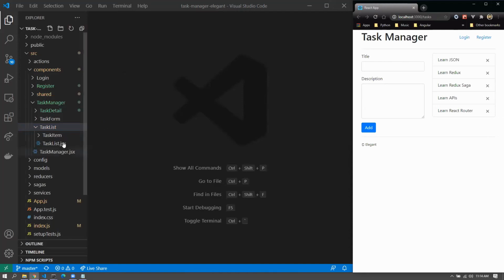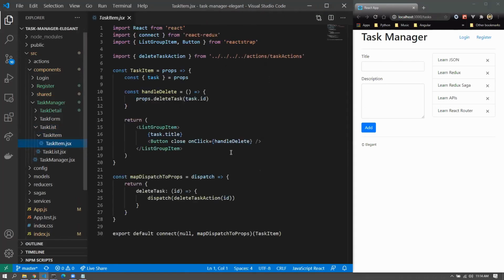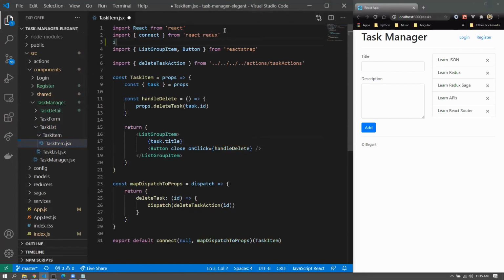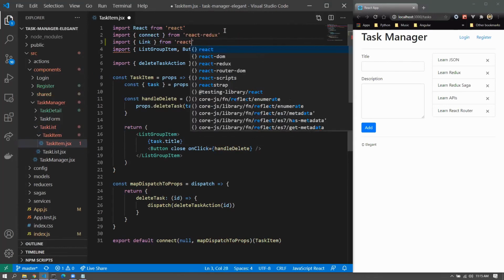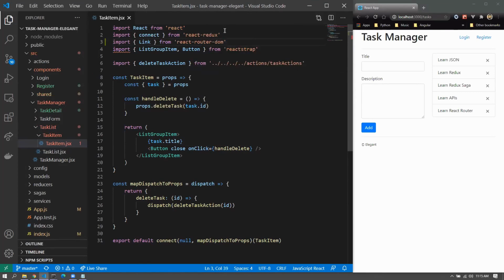So Jinesh and Rita are correct. I believe everyone would agree with them. Task item, here we would create that link. Is that correct, everyone? Very good. So we would go for importing link from React Router DOM,